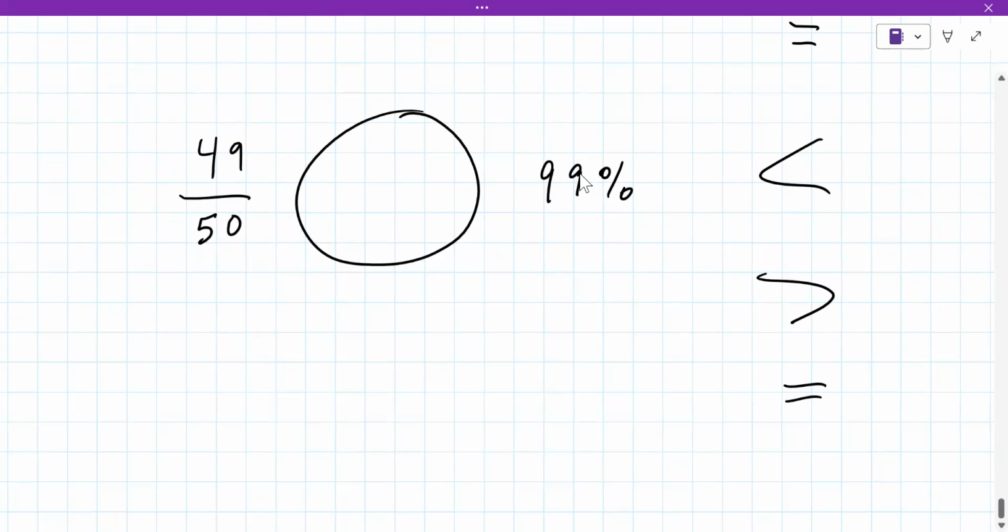Are you converting this to a decimal? I was converting that to a decimal and got 0.99. Then the one on the left is hard, so I converted it into a fraction out of 100. That would be 98, and the other one would be 99 out of 100. Okay. All right, how about